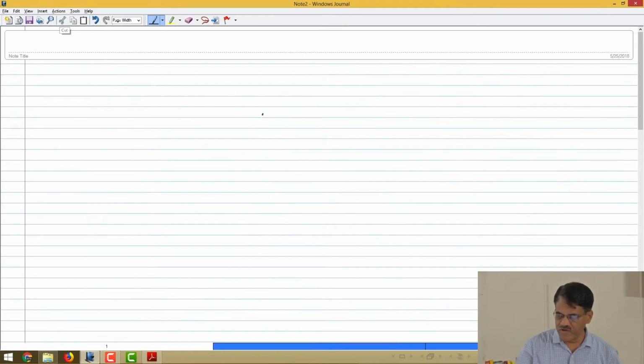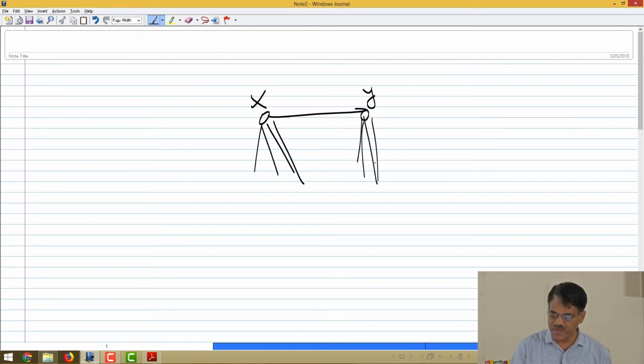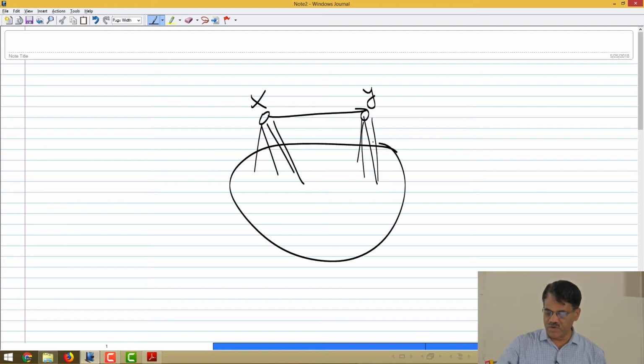So what am I saying? If you have an edge xy, right? I want to count what is the maximum degree possible for dx plus dy. Well, dx may be adjacent to something, dy may be adjacent to something, but they don't have common neighbors because xy is an edge and we don't have triangles. So this number is the maximum number of edges they can be adjacent to. So their degree dx plus dy is n minus 2 plus 1 plus 1. So it's at most